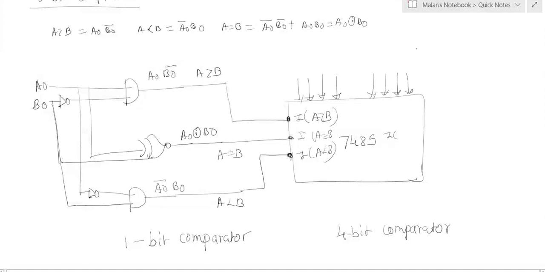Now I will give here B1, B2, B3 and B4 and A1, A2, A3 and A4. And it is giving the outputs as A equal to B, A less than B and A greater than B. Similarly, the cascading inputs of this we have already taken, which is nothing but the 5-bit comparator.